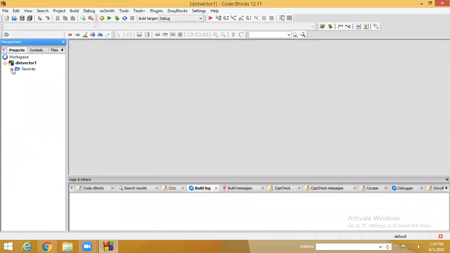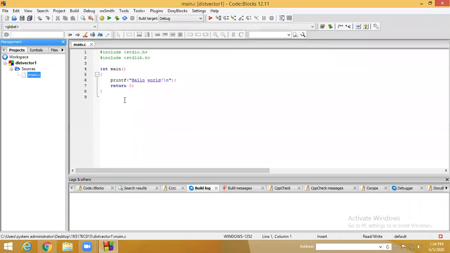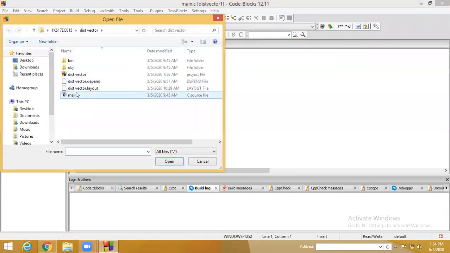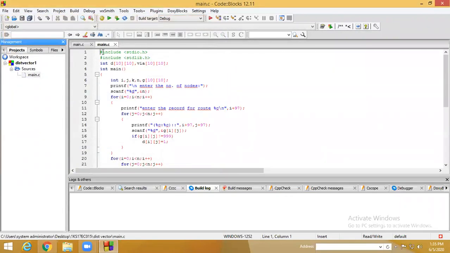So here, click on the sources. Main.c will appear. Here the basic template of the program will come, and here only you have to type your program. So now this is the program.